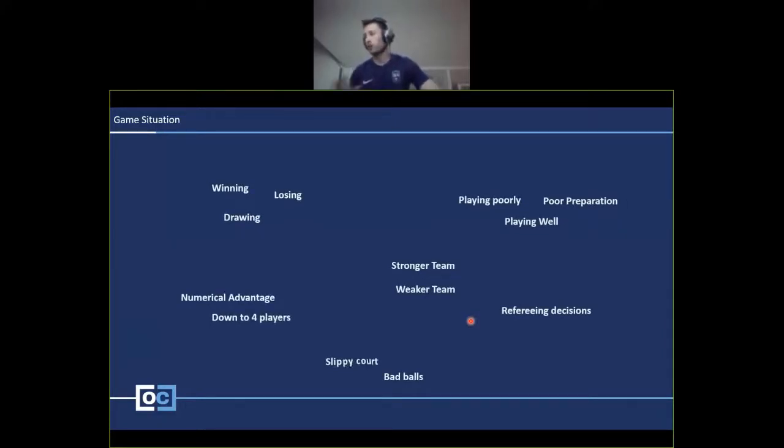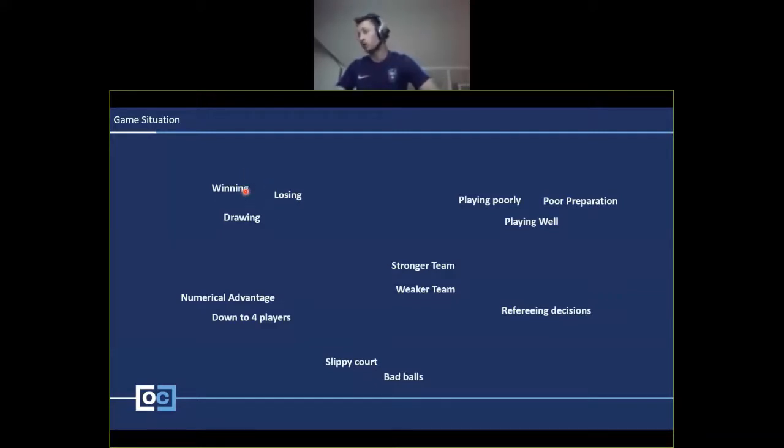So the point that I've come up with a couple of times is game situation, and I initially was going to offer this out to the crowd for different ideas, but I think because of the time, I'll just quickly go through this. So if you're winning, losing, drawing, that's the simplest way of thinking about the game situation. What should you be doing? The questions I've got if you're a pivot in these different scenarios. So something you should be asking yourself.